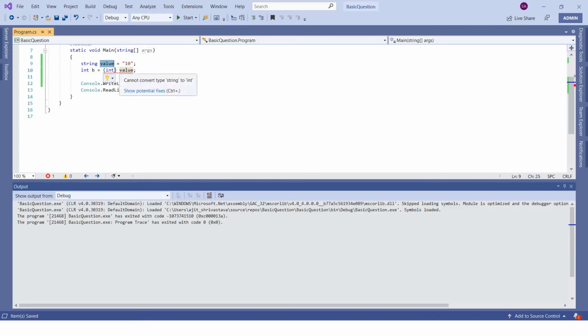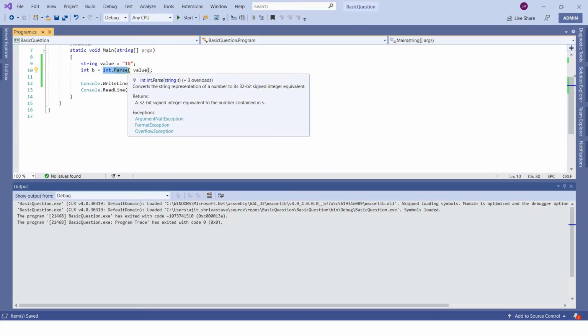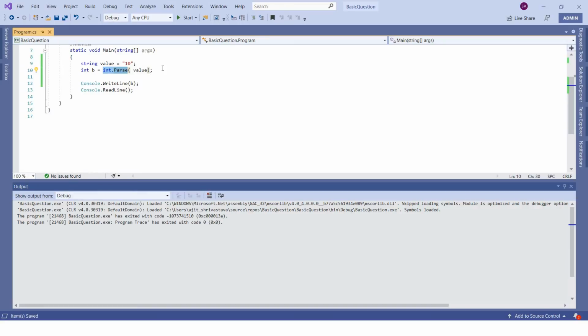Even if we try to typecast using this, it is not allowed. So how can we do this? To typecast this, one option you have is int.Parse. Now you can specify the value and you should be able to do this. So a direct explicit typecast you cannot do. To do this, you have certain options through which you can typecast a string to an integer value.